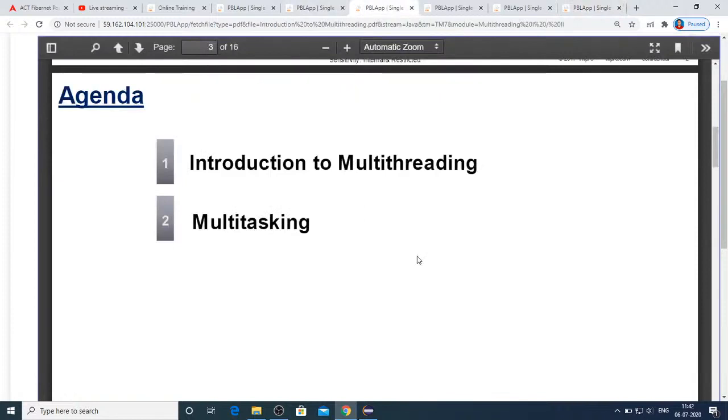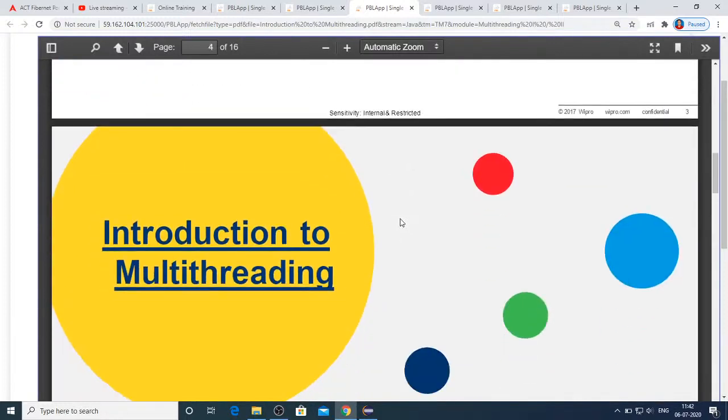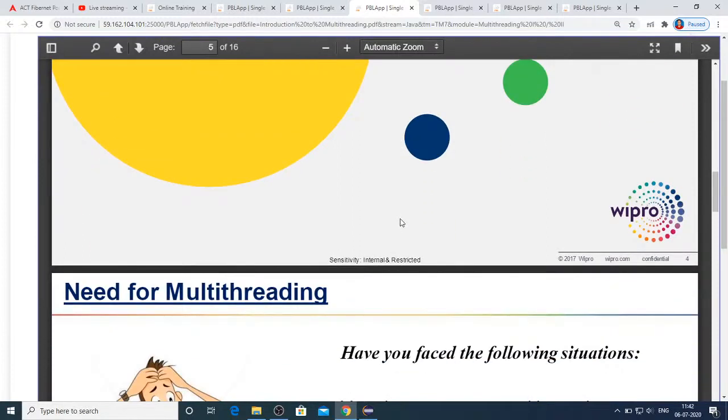Okay, very quickly we will discuss this multi-threading introduction. I hope all of you might have studied this in your academics. What do you mean by the difference between multitasking and multi-threading? I'll give you a very quick introduction, and later we'll discuss with regard to your assessment exam.